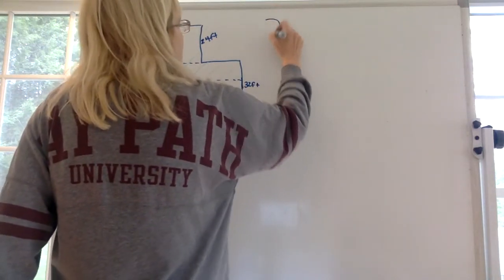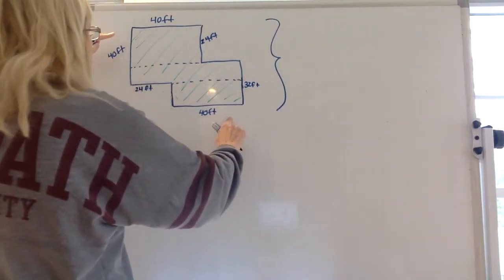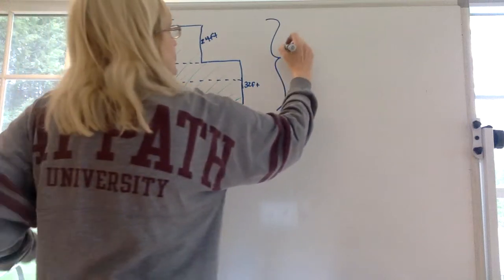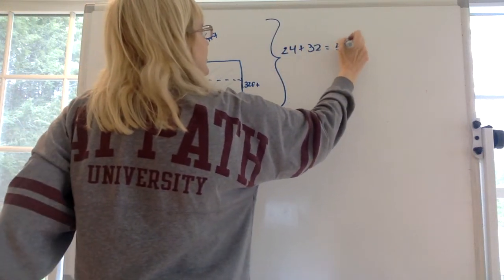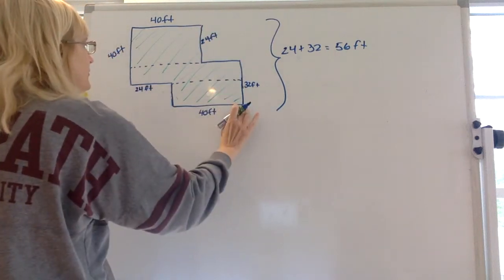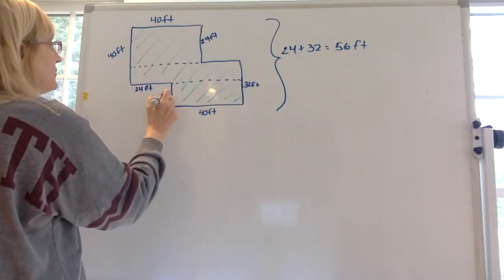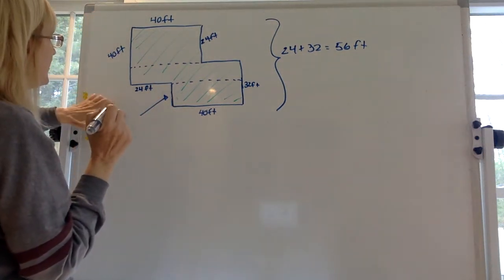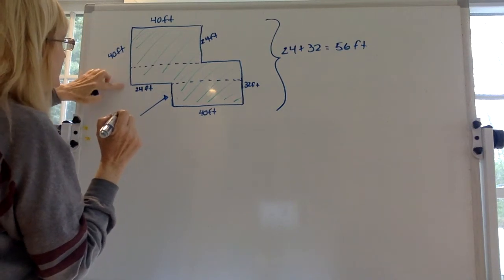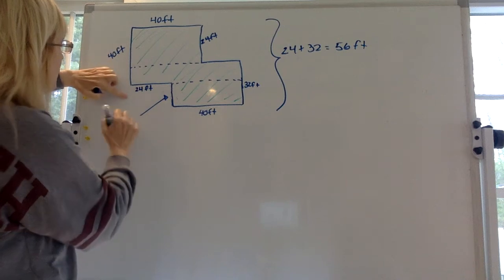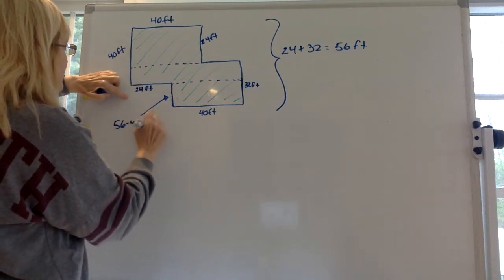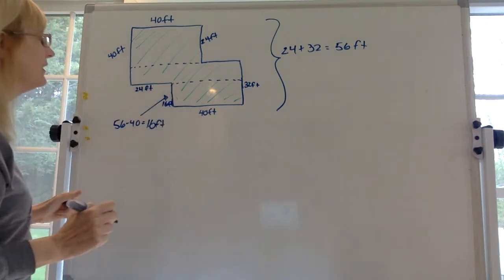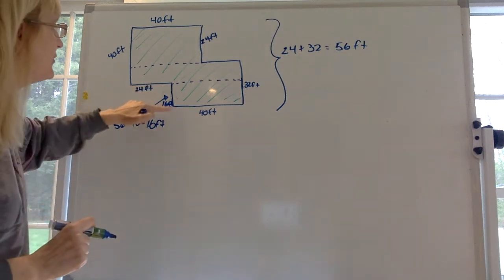First of all, let's figure out what the distance is from the top to the bottom. Does everybody agree that the top to the bottom, it's 24 plus the 32, so 24 plus 32 equals 56 feet. So from here to here, it's 56 feet. I think next, let's try to figure out what that dimension is. How do we figure out that dimension? Well, we know from here to here, it's 56, right? And from here to here, it's 40. So 56 minus 40 equals 16 feet. So this is 16 feet here,